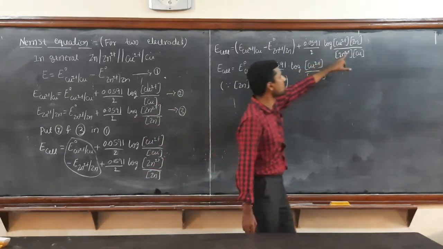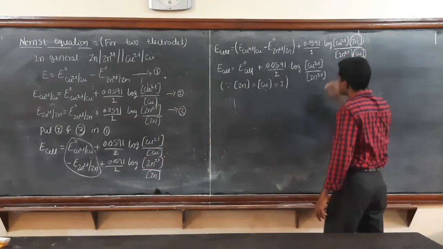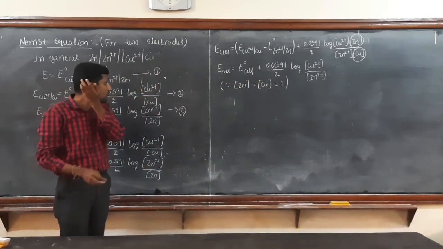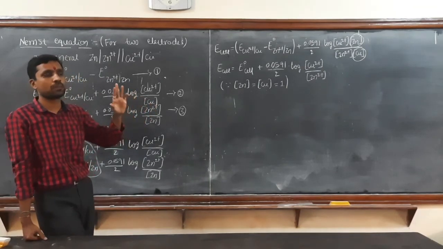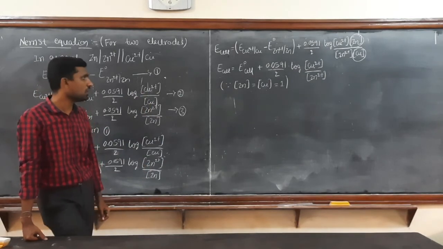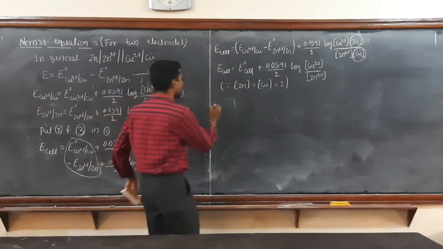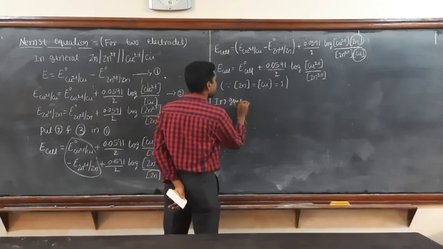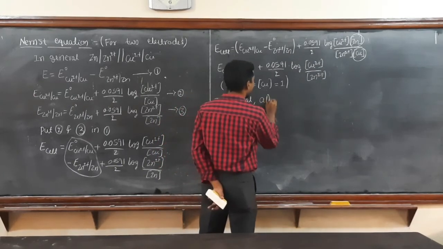So here, the concentration of these two terms, this one as well as this term, is considered as the concentration of solids. It should be taken as unity in this case. If the concentration is in terms of a gas, it should be expressed in terms of partial pressure. So in general, for this equation,